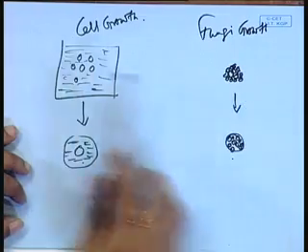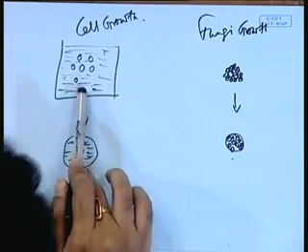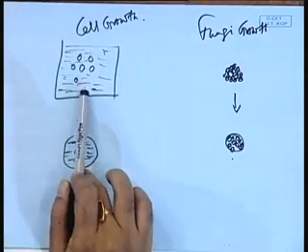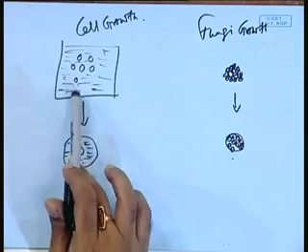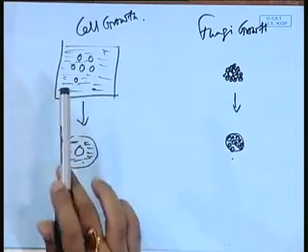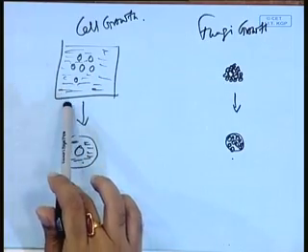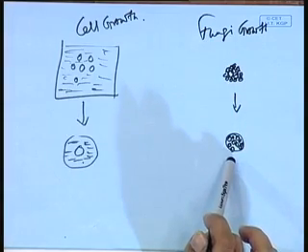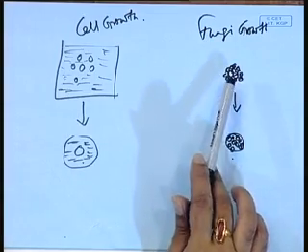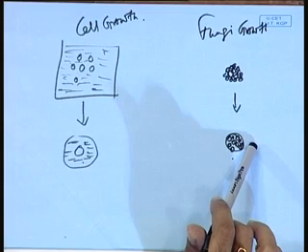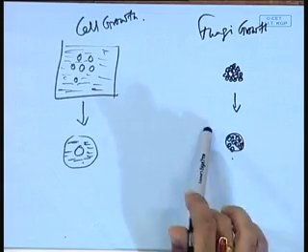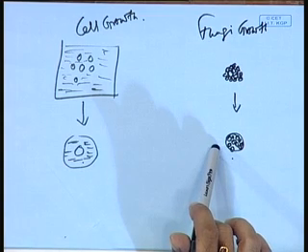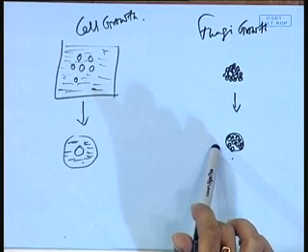So the major difference between the cell growth that you see over here and the fungal growth is what Kaushik just mentioned: the mass transfer resistance is a lot lesser here as compared to here, because you have fluid around it. Which means that nutrients can enter each and every cell. For each and every cell, nutrient is made available. Whereas there is a hierarchy in fungal growth: first the outside cells, the cells near the border, should have nutrients and they should grow. Only after they have eaten will they pass on what is left to the ones inside. So mass transfer resistance is present both here and there.